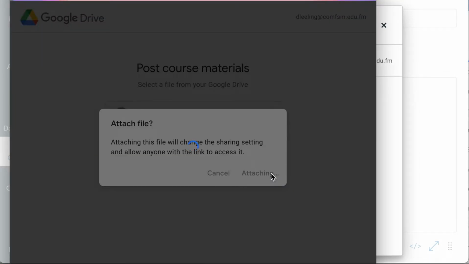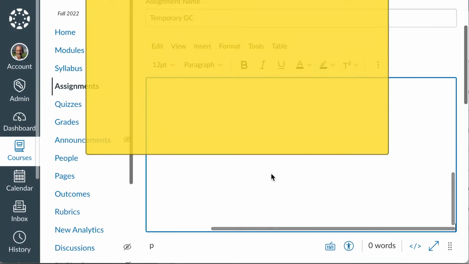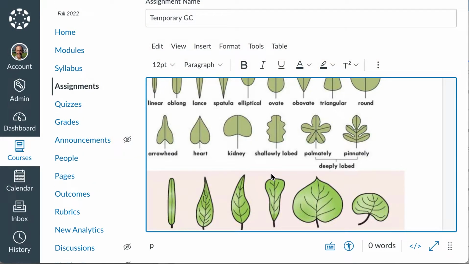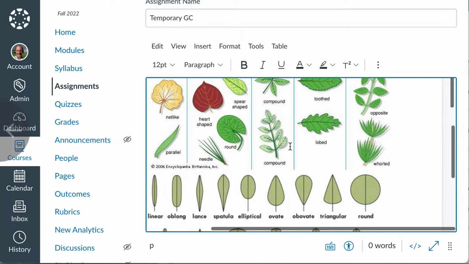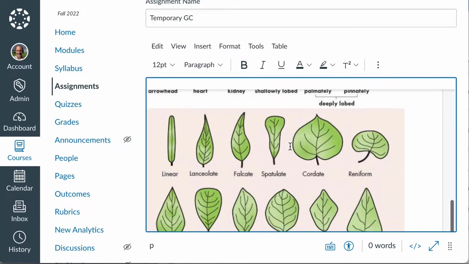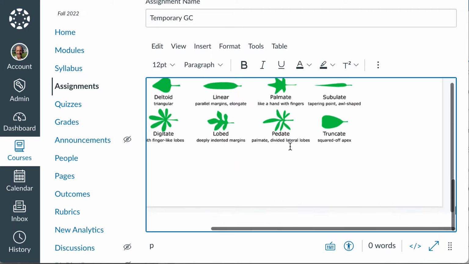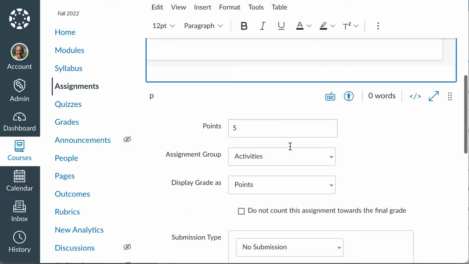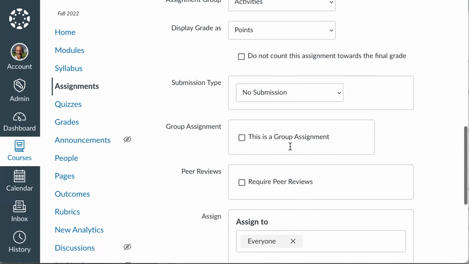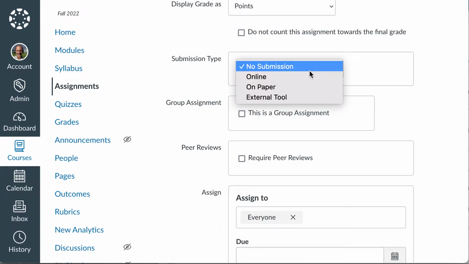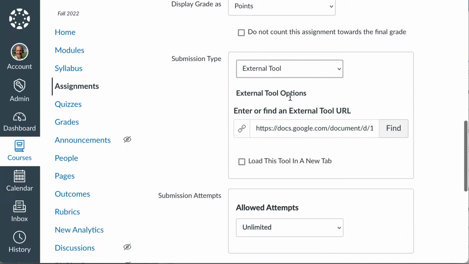I'll attach it. It's going to reset the sharing to allow other people to see it. And there's the document. It appears in my description place. Probably need to add some verbiage to that document, but that achieves that goal. Then I go down to submission type. I'm going to set it to be an external tool, because in this case I'm going to actually